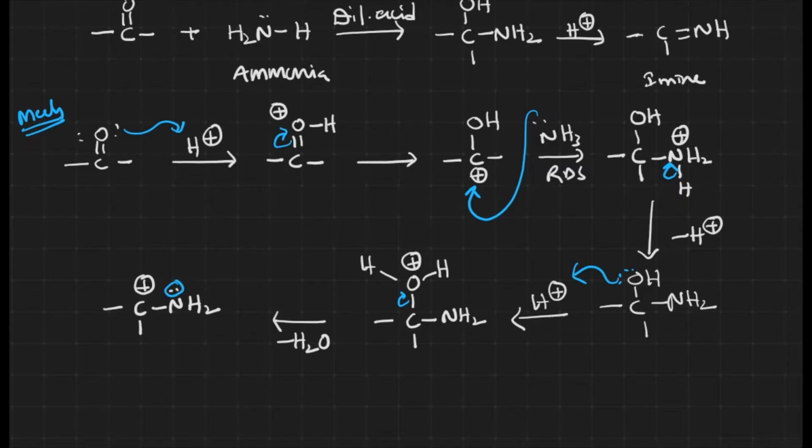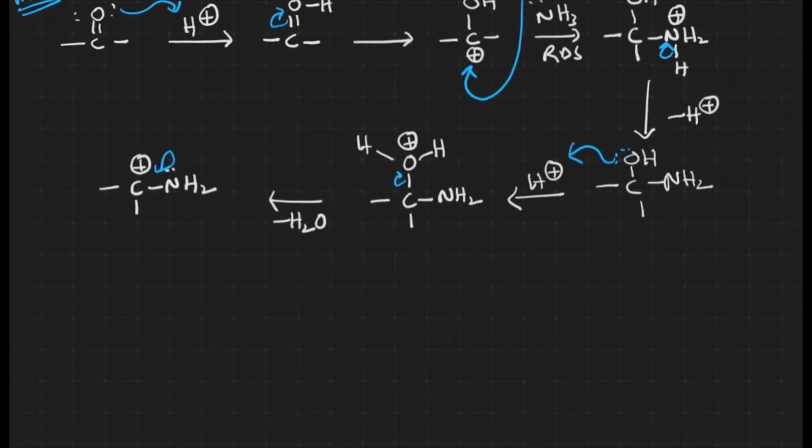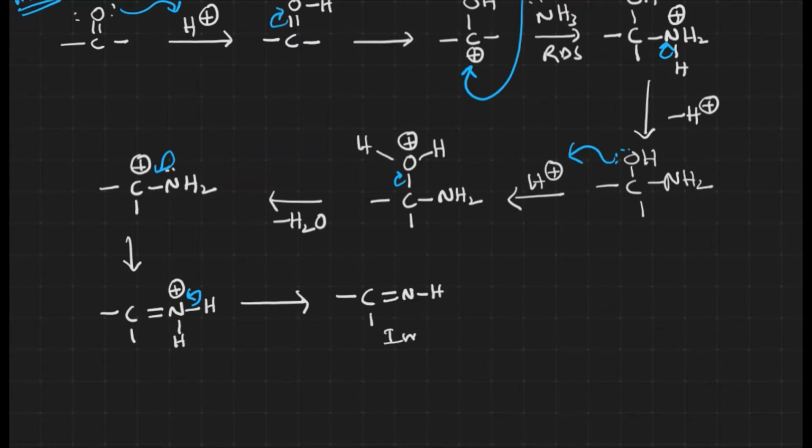Now here the lone pair and the cation are in conjugation, right? What happens? Delocalization takes place. That is how the stability of the carbocation is achieved over here. After this, there is a double bond between carbon and nitrogen, with hydrogen and hydrogen, right? Now nitrogen with the positive charge is unstable, right? What happens here? Elimination of proton takes place. When elimination of proton takes place, again C double bond N H. This is the imine which we got, right? Imine.